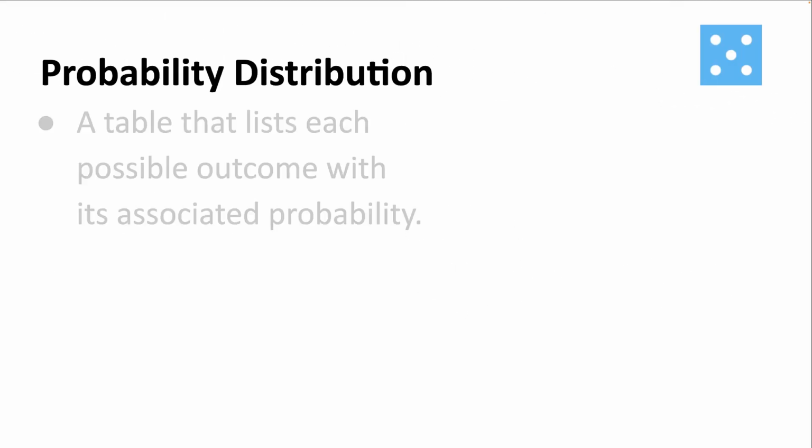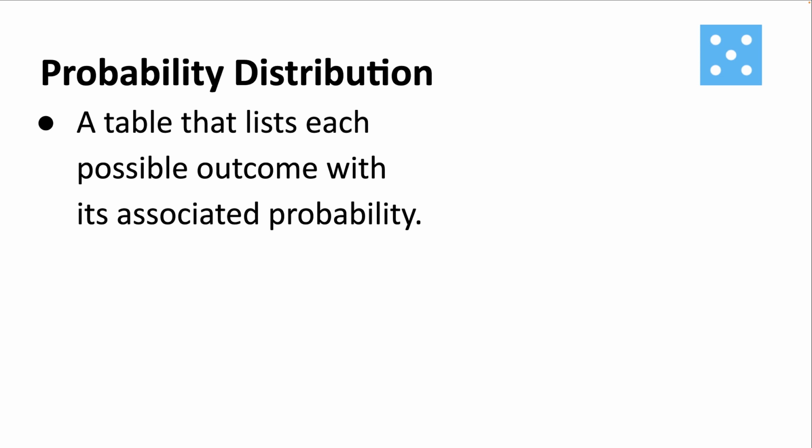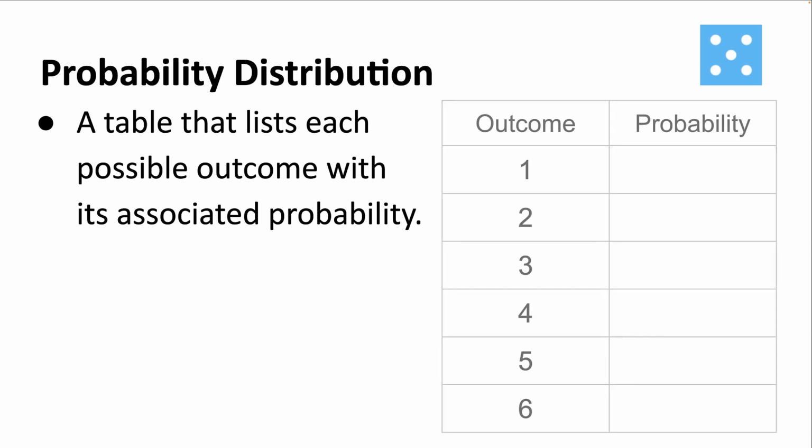A probability distribution is a table that lists each possible outcome with its associated probability. In our die example, if we list all of our possible outcomes, meaning the numbers 1 through 6, on the left side of our table, and then the probabilities on the right, this table will be considered our probability distribution. All the outcomes with all their associated probabilities. So we already calculated the probability of rolling a 1 was 1 out of 6, or in other words,